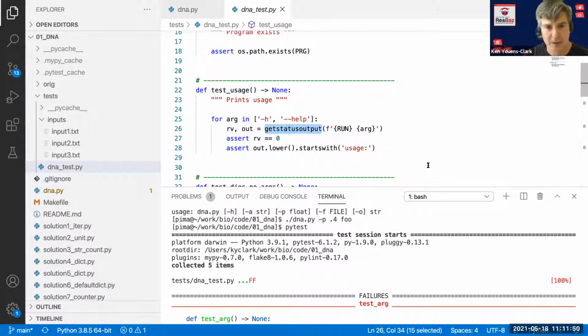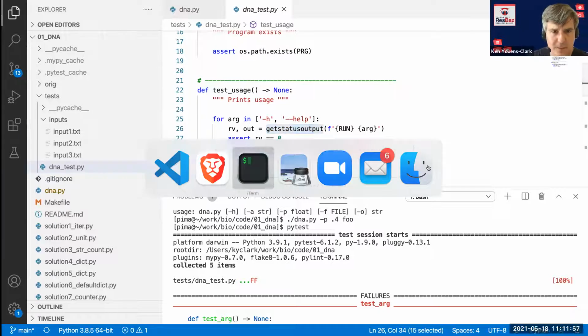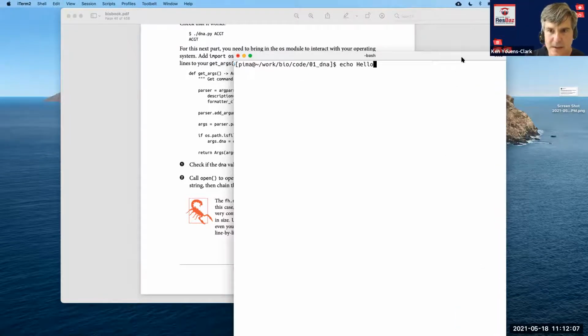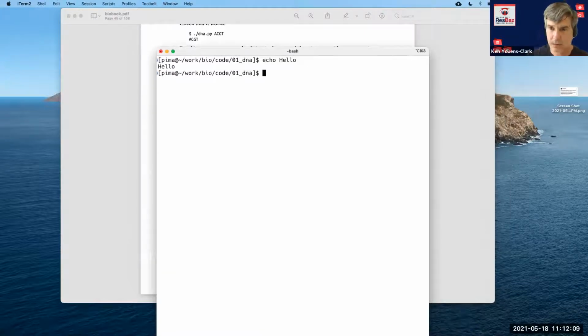So I need to talk for a moment here about the status of a program. And this is very important in bioinformatics. Let me go to a command line again. And if I say echo hello, echo is a program that just simply echoes back whatever it's been given. So if I say echo hello, it will print hello to me. In addition, it signaled to the operating system its exit status. And I can see that in Bash by looking at the special variable $?, which is kind of like saying, hey, how did that go?